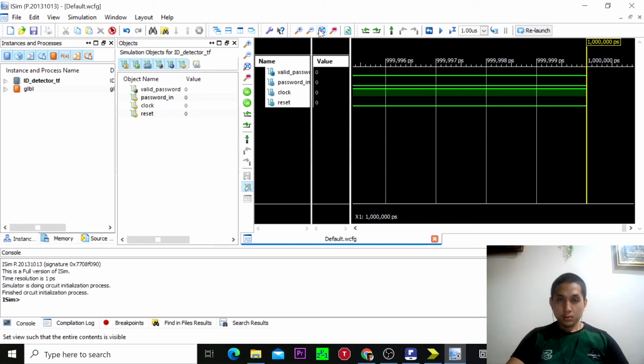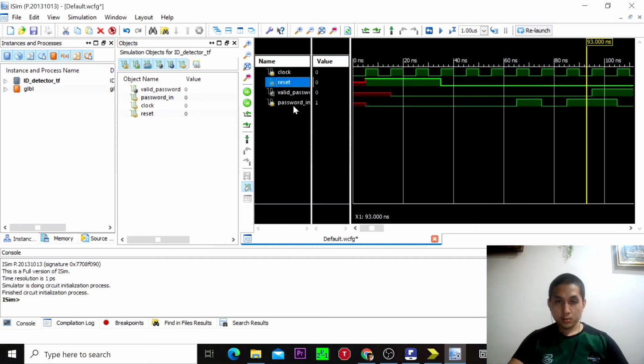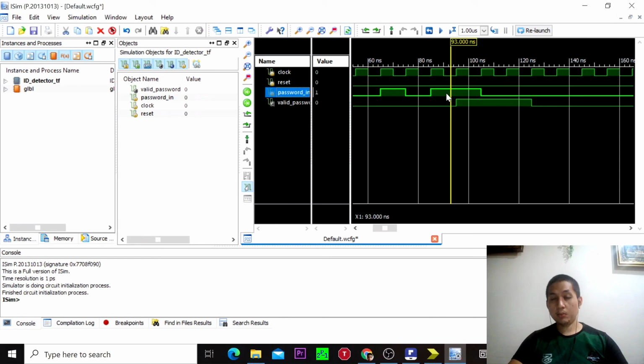Here we put clock upward and reset upward, and we will see how the password will be detected correctly. So here we will see each bit which has been detected correctly by the ID detector. So we put in 1011